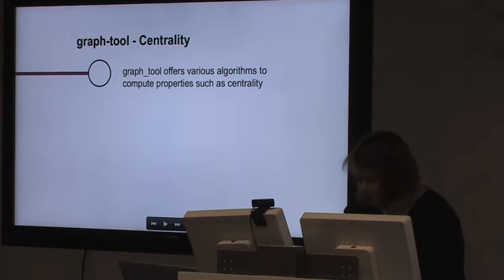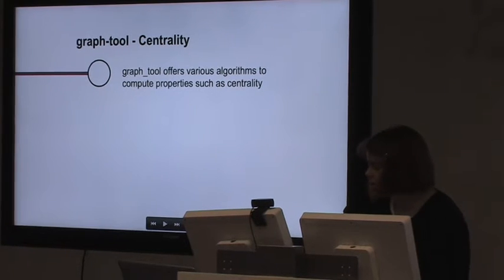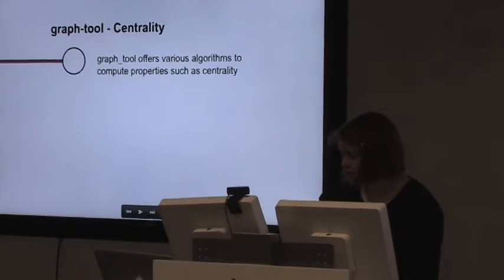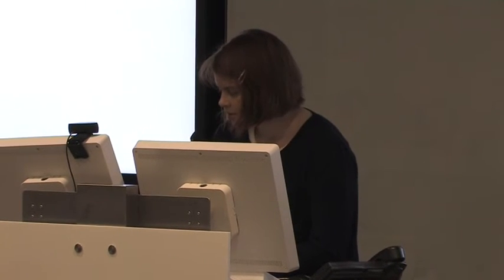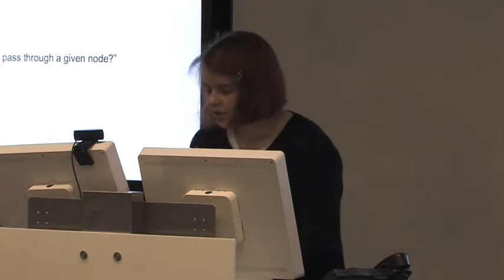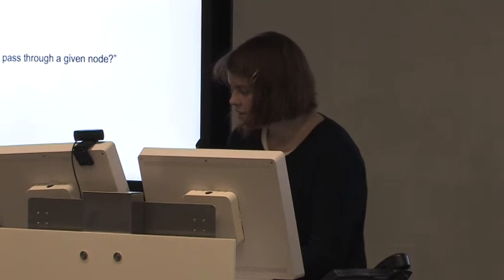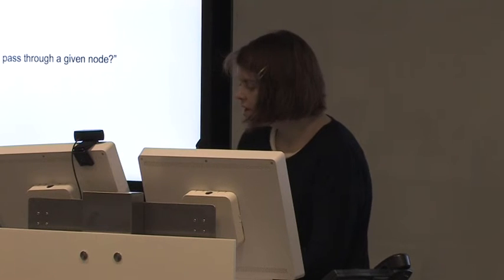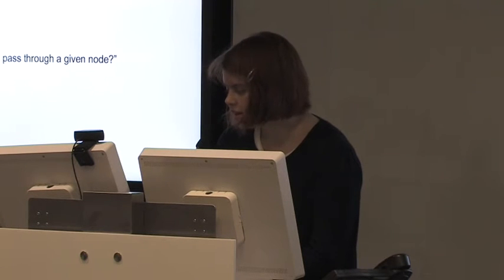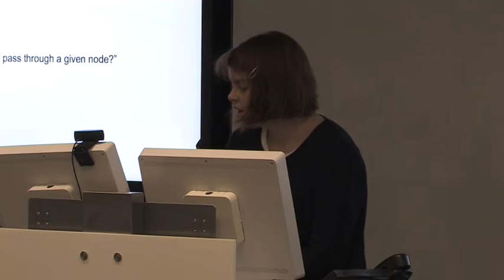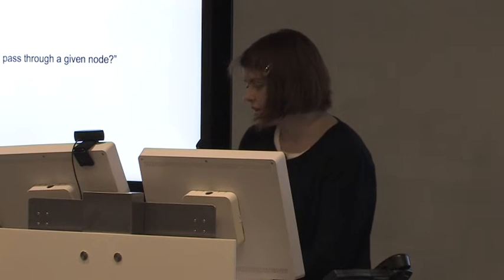Okay, so if we go back to the two questions that I defined at the beginning, I wanted to examine what are some of the most important nodes in the London Underground. One way to do that is to compute a property known as centrality. There are actually a few different flavors of this property. One of them is betweenness centrality, and roughly speaking, it defines what fraction of all shortest paths pass through a given node. So if a station has a high betweenness centrality, this might suggest that a large number of commuters would pass through that station during a given day.